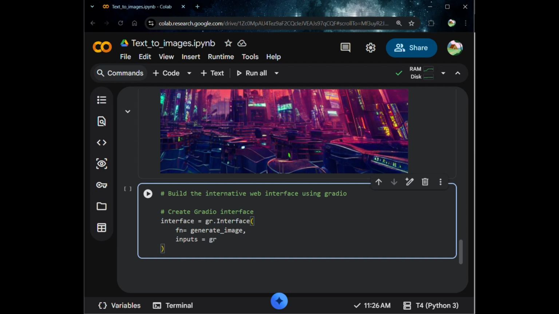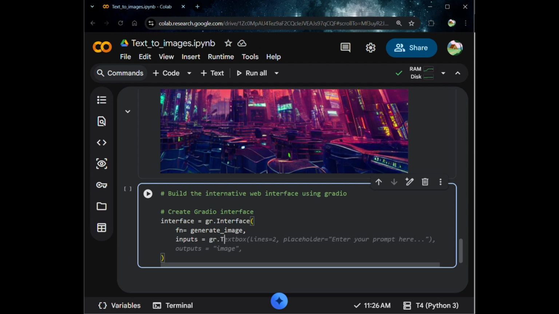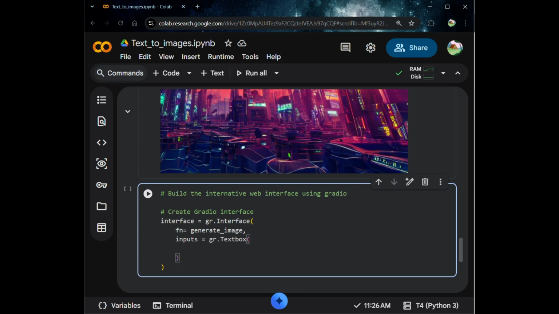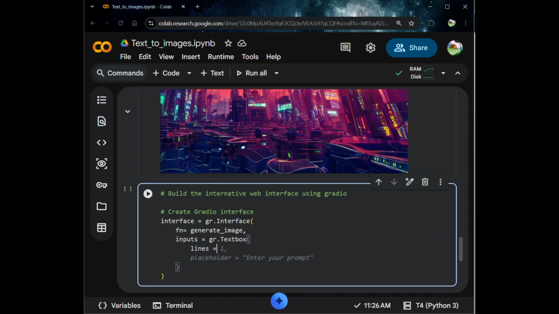I'm so excited to create it. Create Gradio interface. Interface equals gr.Interface(